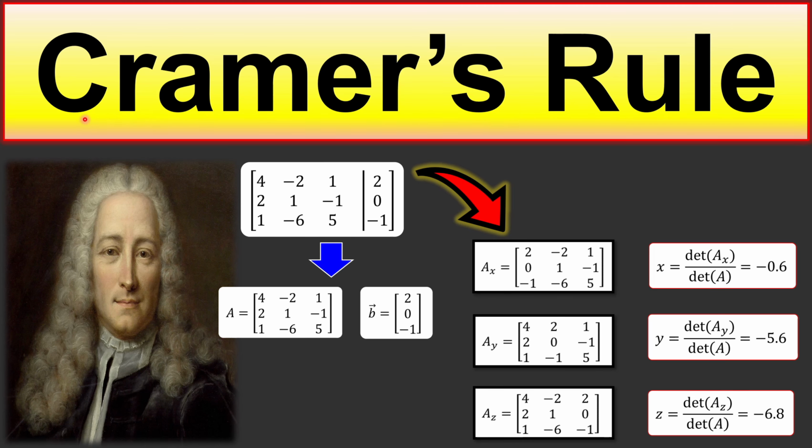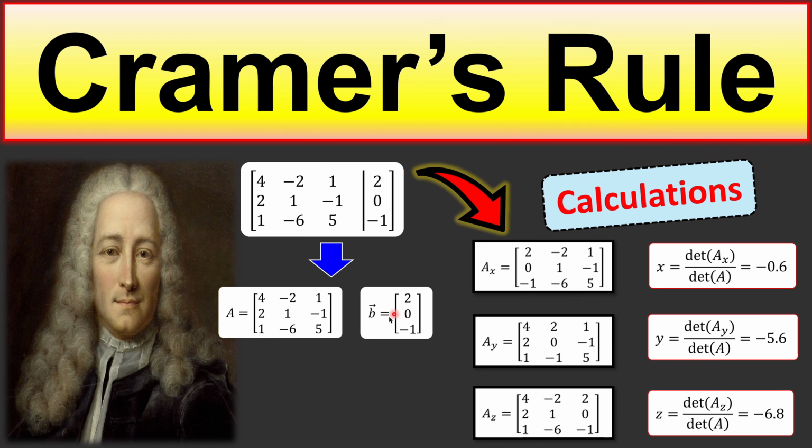In this video we will discuss Cramer's rule for a set of equations. In the previous example we discussed Gaussian elimination to determine the unknowns in a 3x3 matrix. This is the same matrix. We will now use Cramer's rule to calculate the unknowns here. Of course, we will see everything in the calculations step by step, and we will verify our results using the